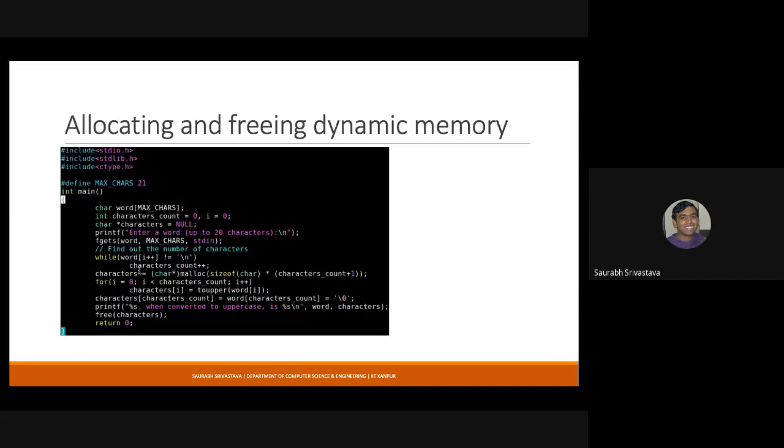Okay. So the free part is necessary because if you actually keep on allocating memory through malloc, the memory that is there in heap is basically limited. So after some time, you might not have any memory left. Okay, and such a situation is also known as memory leak. So it is a good idea that whenever the purpose of the memory you are currently using is over, you explicitly call the free function and free that memory.